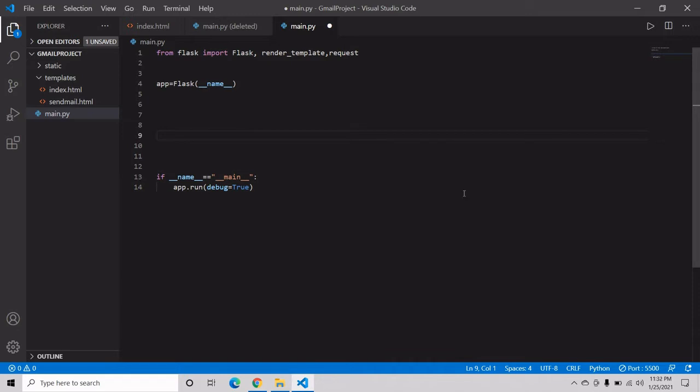So now let's make our first route, our home page. It should be simply slash. Here our method should be GET. Now we have to write our function.